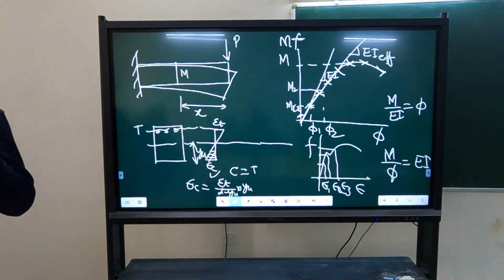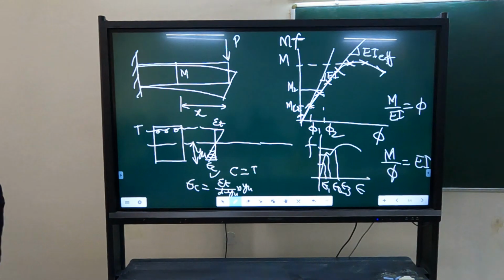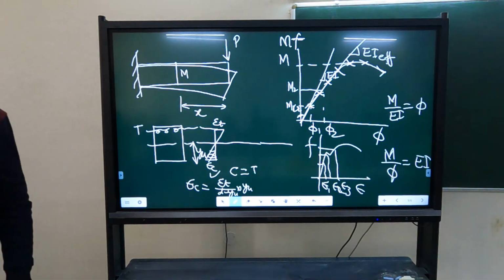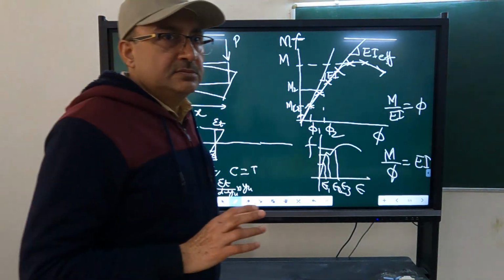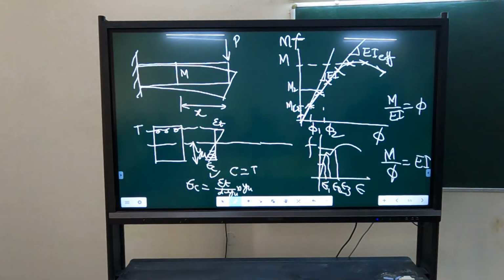At that strain, the concrete will get crushed. Finally, the failure is going to occur because of the crushing of concrete only, because steel has much more ductility as compared to concrete, even if the concrete is confined. Okay, so we will continue from